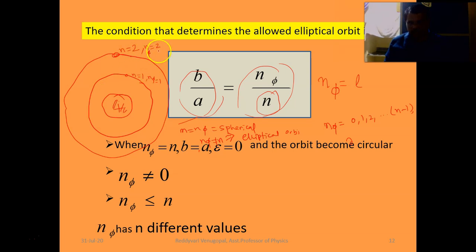It's a circular orbit. But for n equal to 2 and n phi equal to 1, its shape will be like an elliptical orbital, like this. For this particular elliptical orbital also n is equal to 2, but n phi is equal to 1. So just observe here, n is not equal to n phi. That's why its shape is elliptical. Like this, he has derived an equation which tells that the condition that determines the allowed elliptical orbitals is given by b by a is equal to n phi by n, where b is the